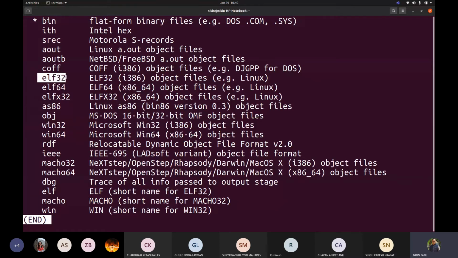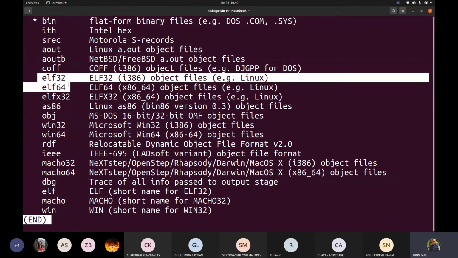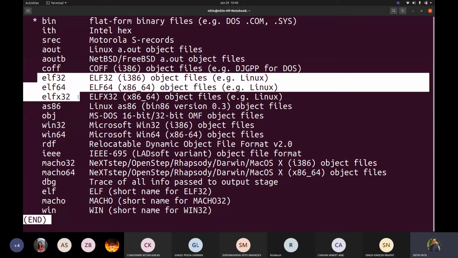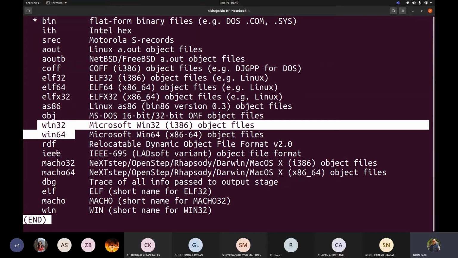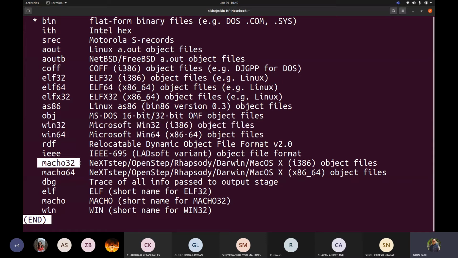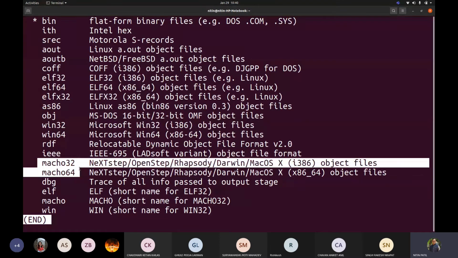One who is choosing ELF32 would ultimately be addressing 64 as well, and also ELF X32. One who is choosing Windows 32 object code would also be talking about this. Even the same thing for Mac OS 32 and 64. There will not be much more difference to add. So I want you to mention your file types in the respective group. This will be your task for the day.